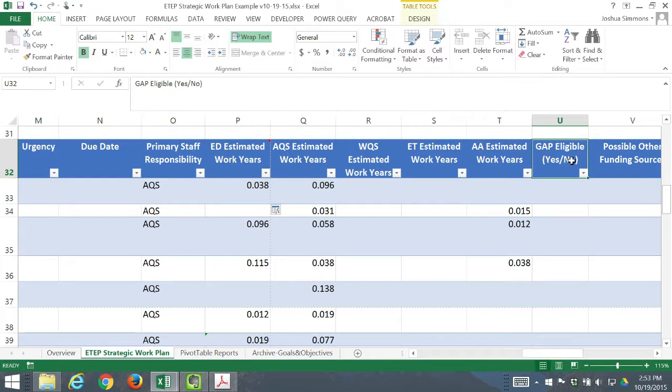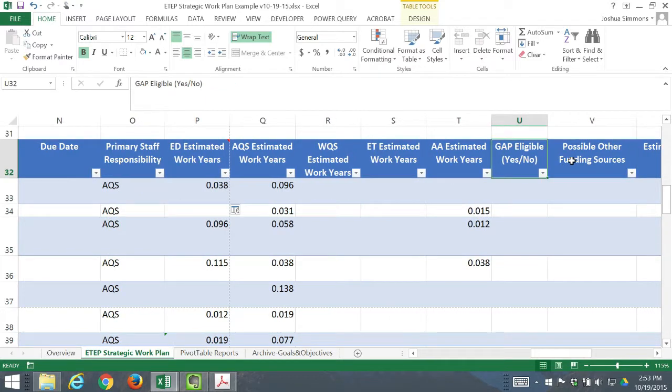Column U is if you want to work with your GAP grant project officer and determine whether each objective is eligible for GAP funding or not. I think that's a very useful thing to do, to have a conversation, to have them fill out where this may or may not be eligible. Some of them may be pretty obvious that they're eligible. Maybe you're getting funded for it already, or it's very clearly in the GAP guidance as being eligible, but in some cases you may not be clear, and it would be good to get a determination made by your project officer. In this case, you'll just put yes or no, and if it's not,